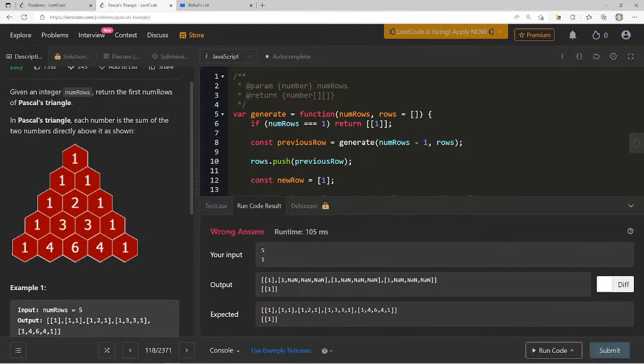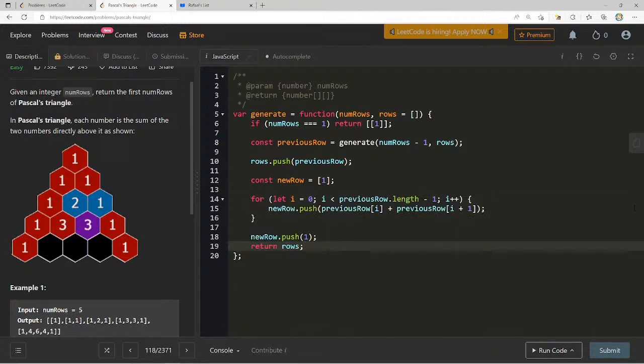Is there any harm in running it? 1, 2, 3, 4. Okay, so we definitely didn't get what we wanted here. But I feel like we're onto something though, right? Because if we get a 2, what happens if I get a 3? If I get a 3, I go to 2. I come over here, I do 2. I go to the previous one, return 1. So now I'm at the 2. Rows is